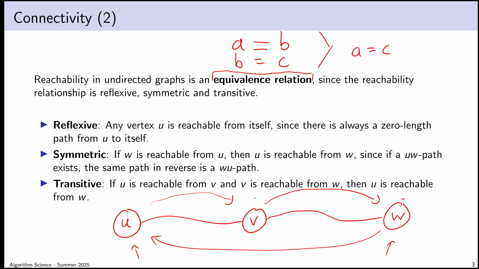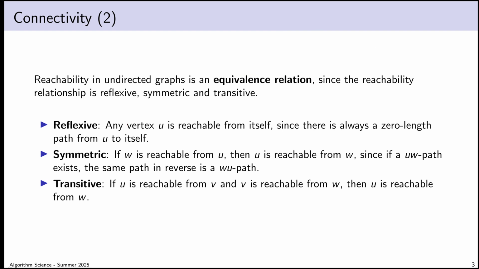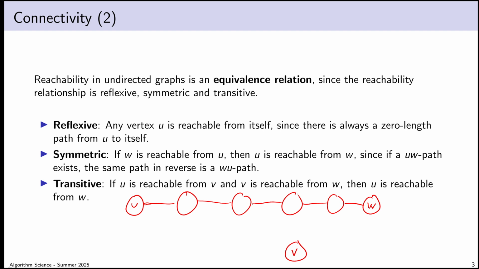Now, a note about why it's nice to think about the reachability relationship in the abstract sense, rather than always having to prove things in terms of paths, because although paths always exist if reachability applies, talking about reachability and binding ourselves to the notion of a path can be sort of annoying. So here's an example of why that's the case. Consider this vertex U, and then over here I have vertex W, and my intention here is to construct the same example that I just did, but with a specific graph. So suppose I have a situation sort of like this. I have a bunch of vertices that connect U all the way to vertex W. And then somewhere in the middle, I branch off and I can reach, if I want to, vertex V. Suppose that I happen to know that I can get from U to V,